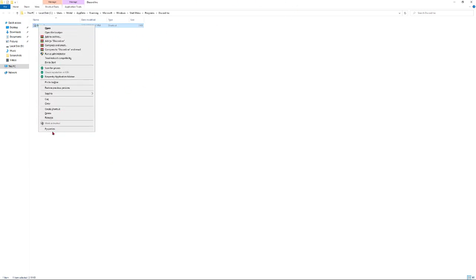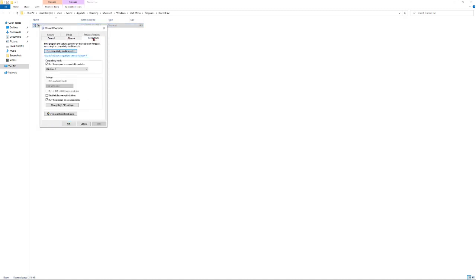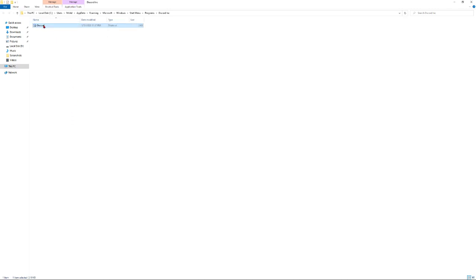Right click that, properties, compatibility tab, and then make sure that run this program in compatibility mode for Windows 8 is checked, and then run this program as an administrator is also checked. So you can do this for all, apply and OK, and you can do this for all of the programs,